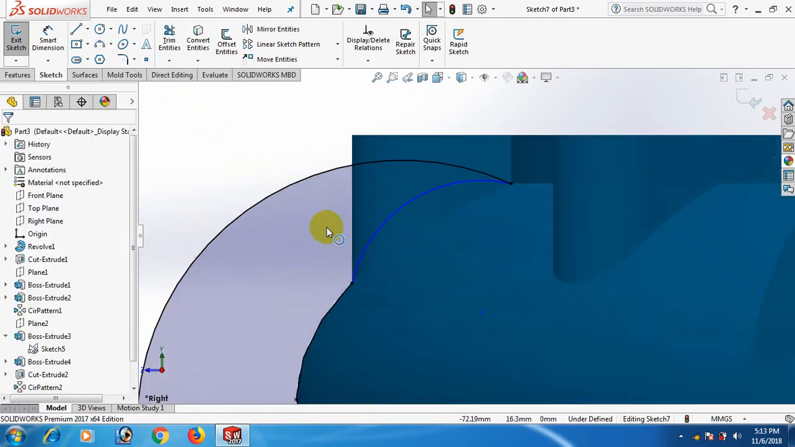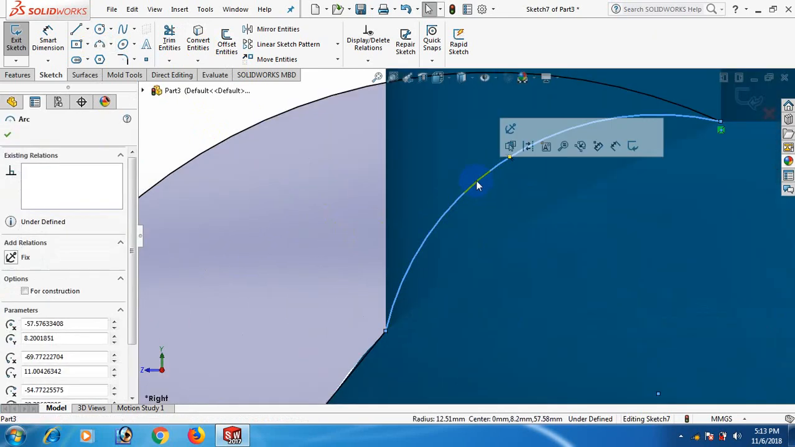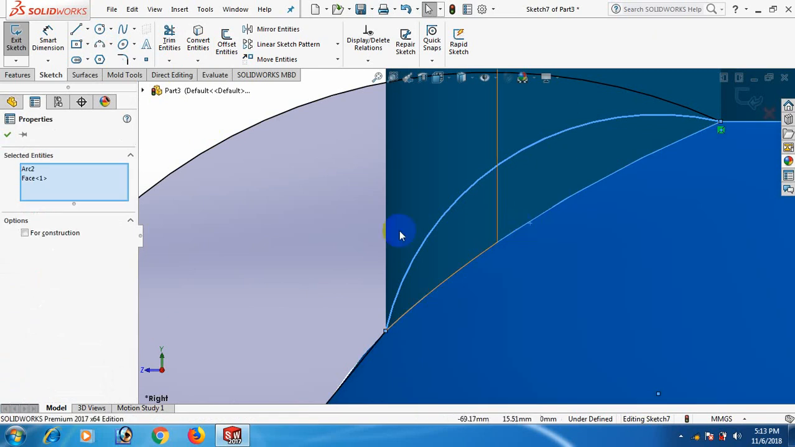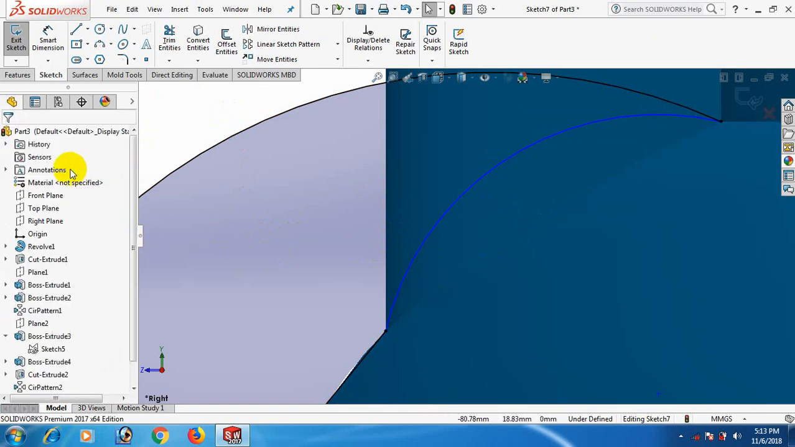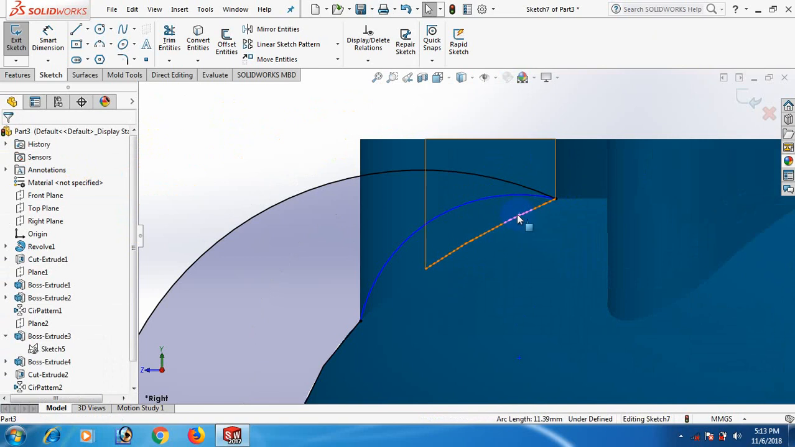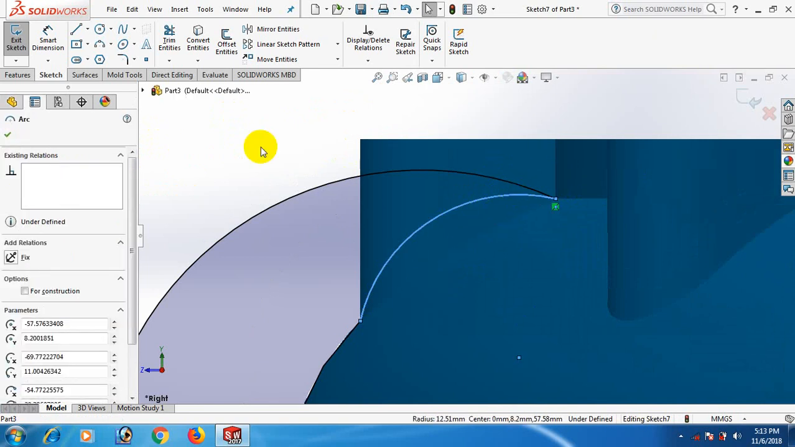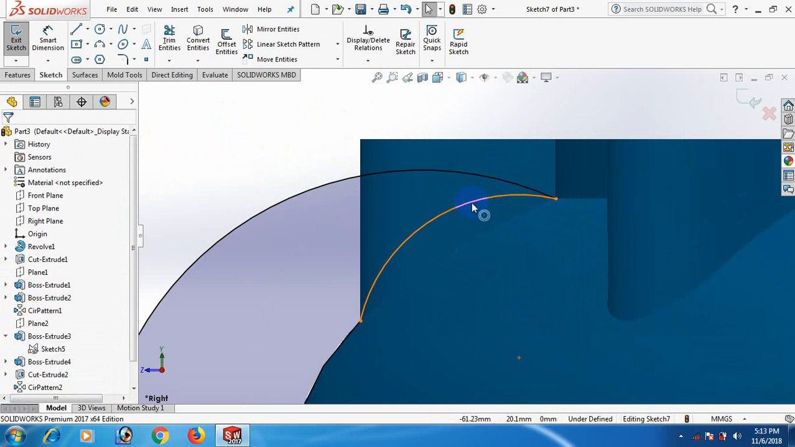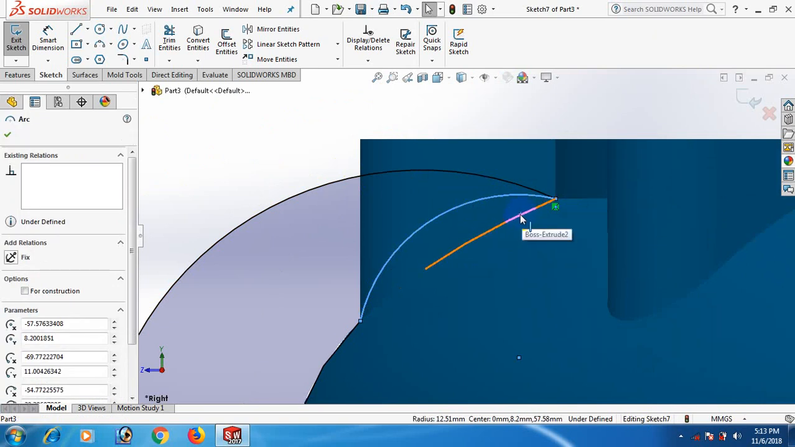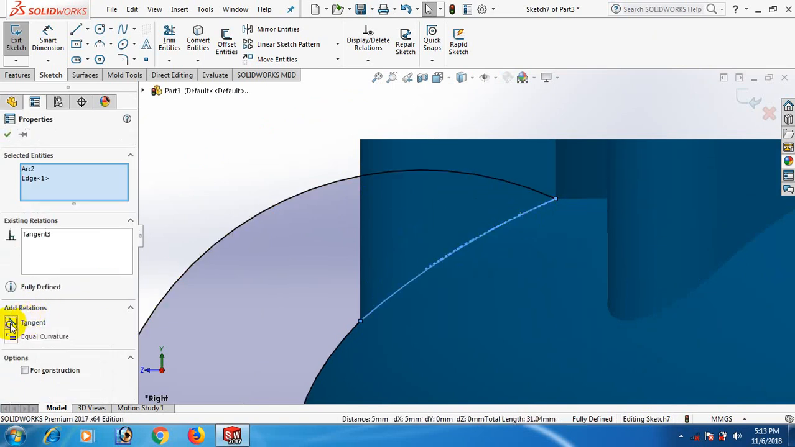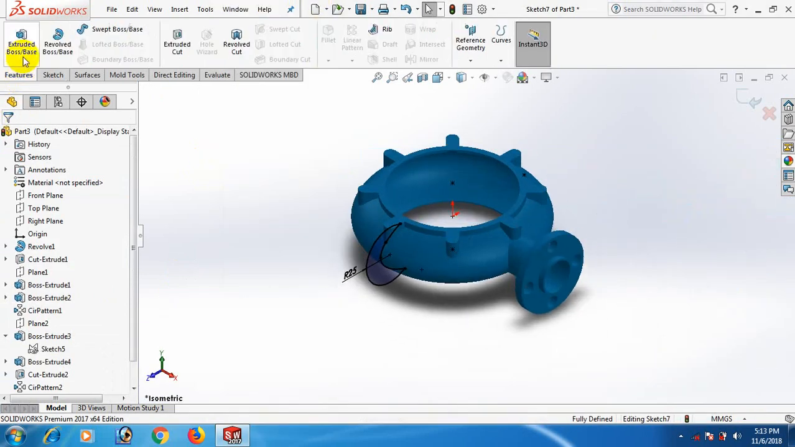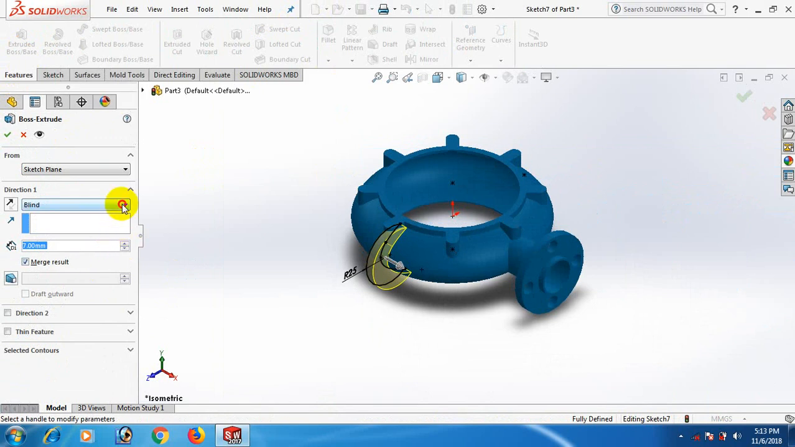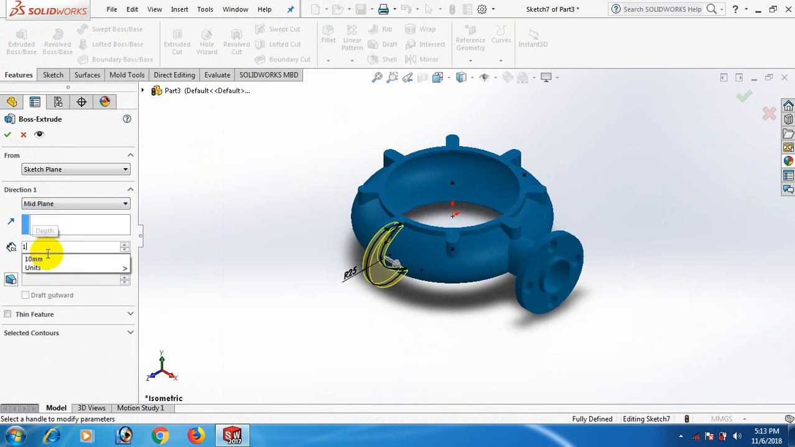Select. Now go to here, this line, this line, this line, this line, this is tangent. Okay, now go to isometric view and Features and Extrude from mid plane 15. Okay,